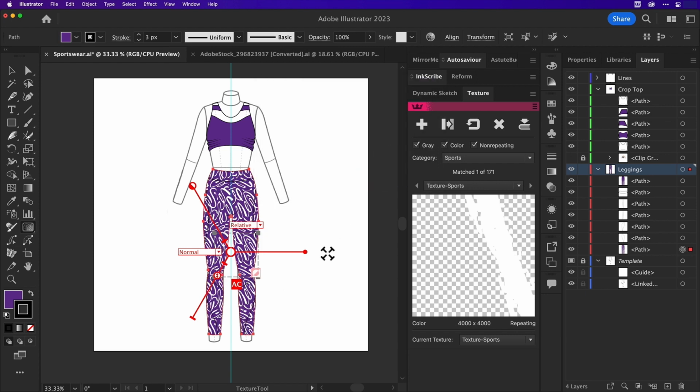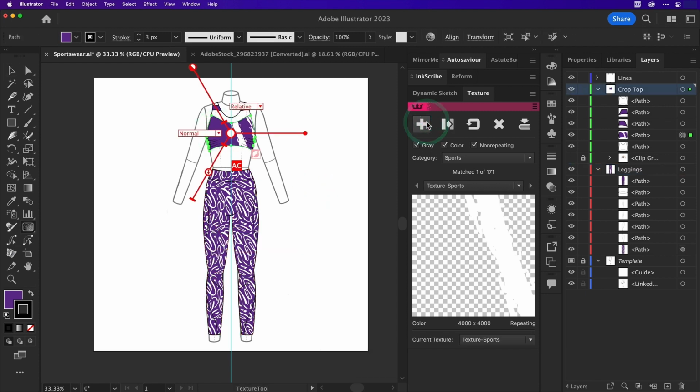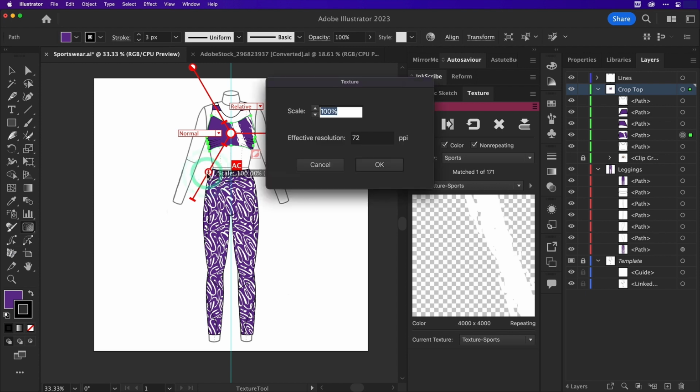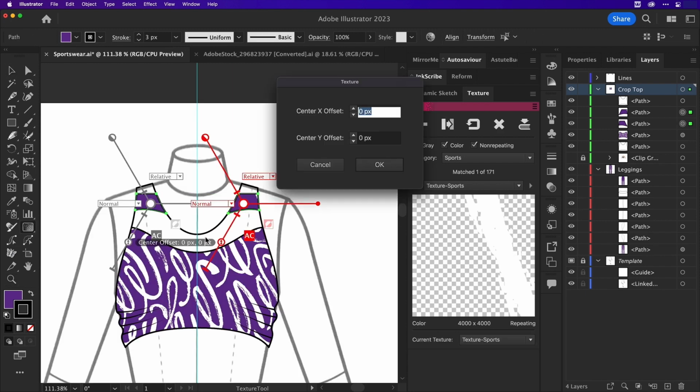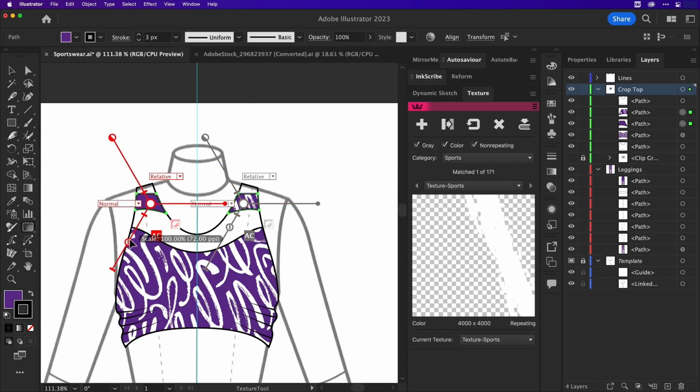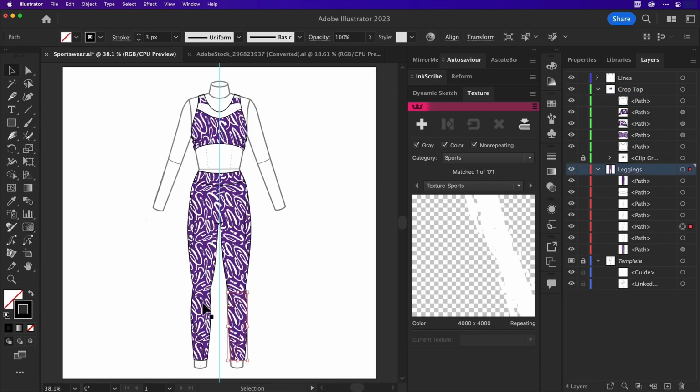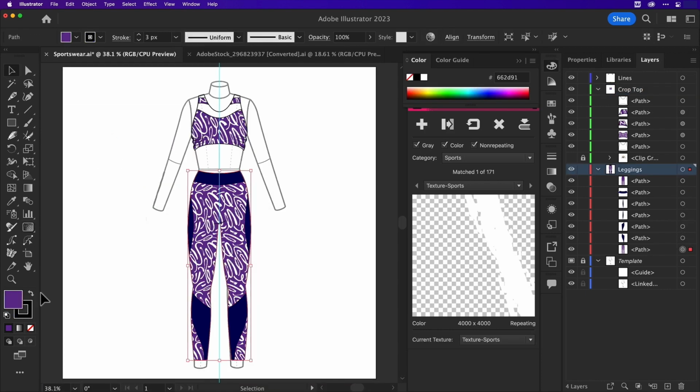If we click away now and select another piece, we can hit the plus icon to add texture. Double-click the scale marker to enter the same value, and reposition it if needed. We can add textures to multiple objects at once, but only the one highlighted in red is the active widget. You simply click the centre of the grey one to target that and make it red. I'm just going to add some plain fill to the waistband and other pieces of this garment. I can also change the fill colour of the body pieces, and because our texture was a white PNG, the colour will still come through.